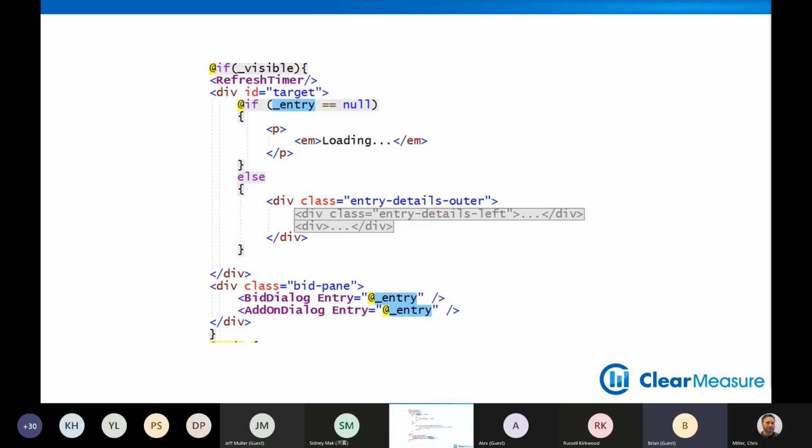All right, so let's talk about UI eventing. You see the component up top that says refresh timer. This is a component inside the car auction application, and there is a timer. In addition to real-time notifications, there is a refresh timer that effectively says, you know what, every so often, I'm just going to